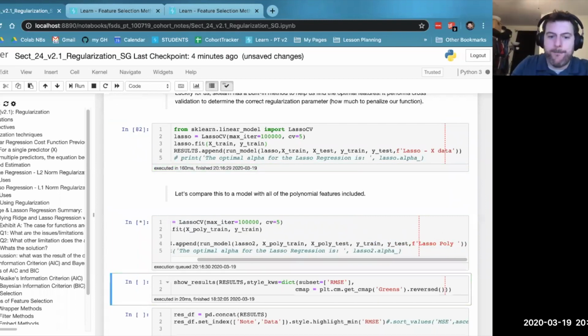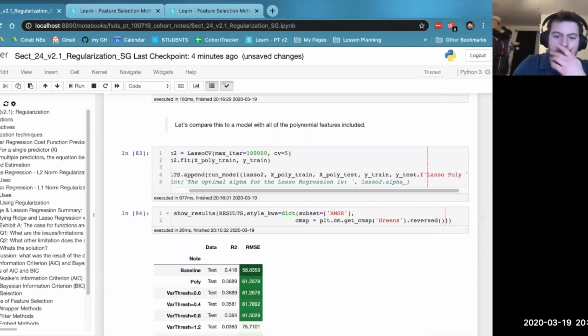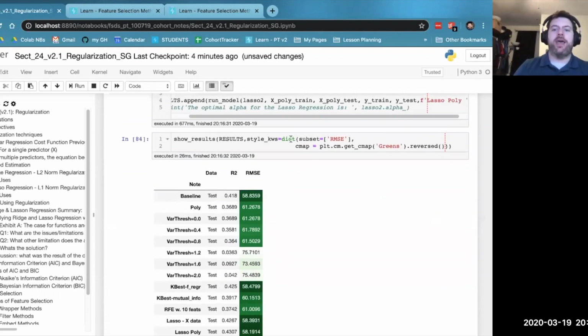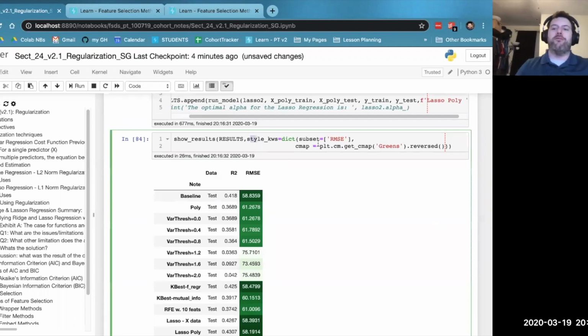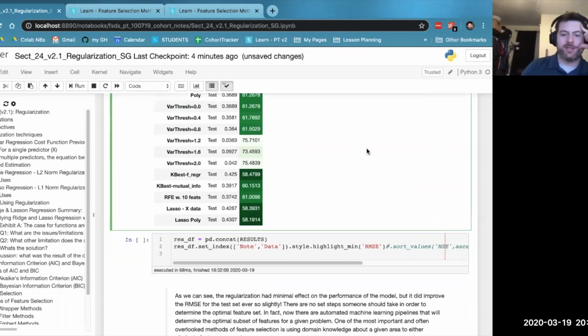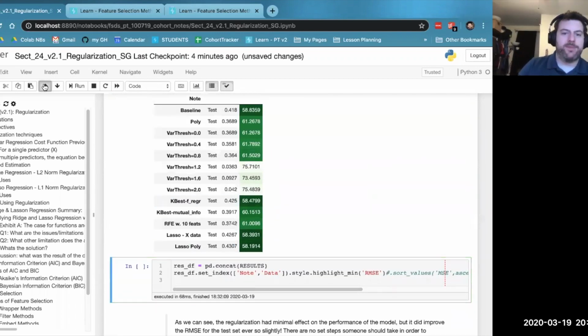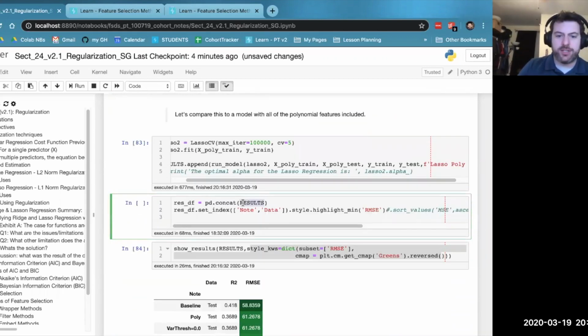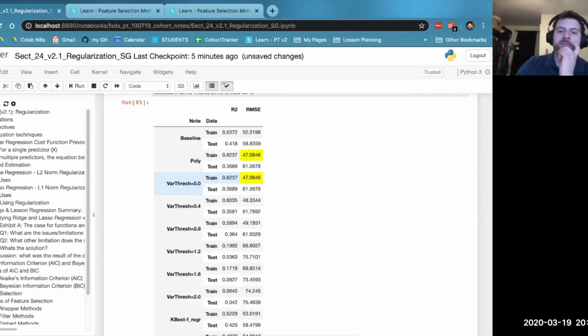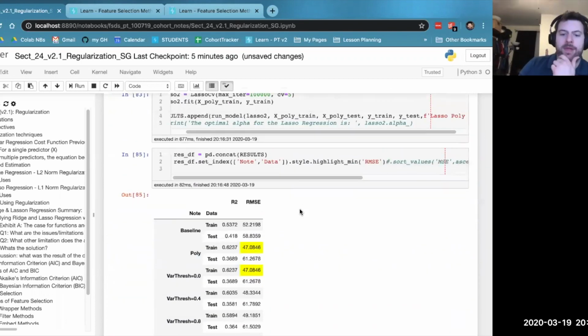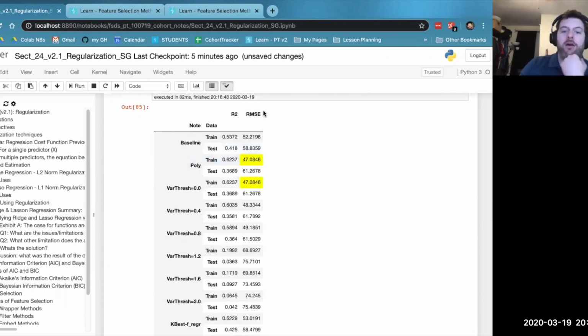Run this one, and bam. So here are results, and I just changed out what we're visualizing here. This is a little complicated. I probably should have explained that one. But let's do this. Let me move this up. So this is our results DF right here. So here's just very simple using our highlight min. So it looks like when we look at the error,